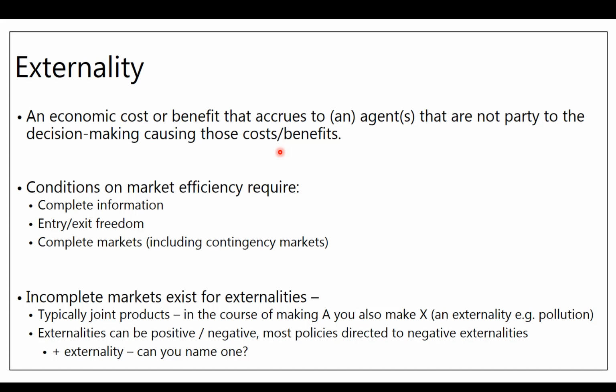So an externality is just an economic cost or benefit that accrues to someone who isn't a party to the decision making. I'm sitting here, somebody just made a sale, there's a buyer and a seller, and they did it based on those costs, and they did not account for me, because I'm not a party to it. Normally that doesn't matter, but if they made that sale and one of the things that happens is I'm impacted by it,